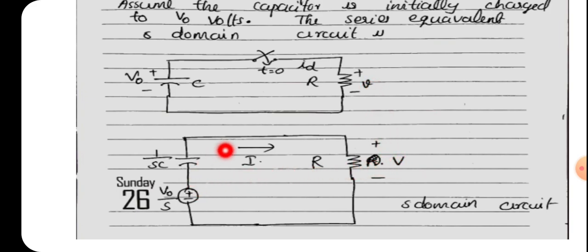So here is a series circuit. So you can easily solve this circuit by applying Kirchhoff's law. Okay. So now it is transformed into S-domain. So you can apply Kirchhoff's law to this circuit. You know that the algebraic sum of the voltages will be equal to 0 in the case of Kirchhoff's voltage law. So we can write the equation as,